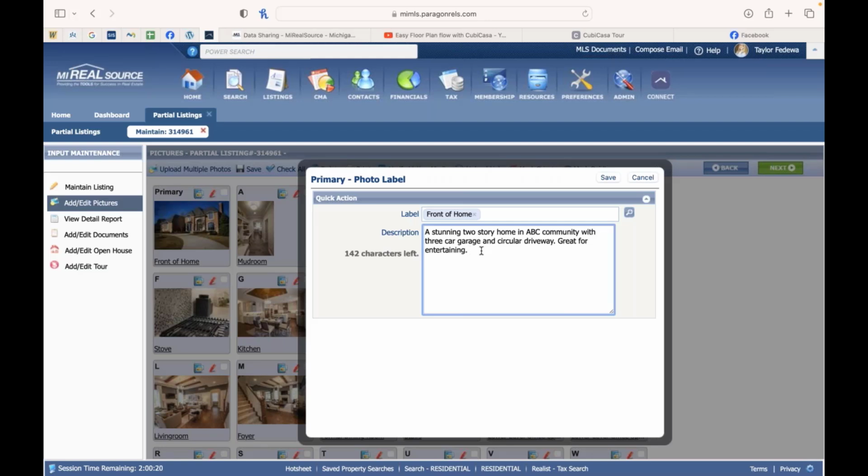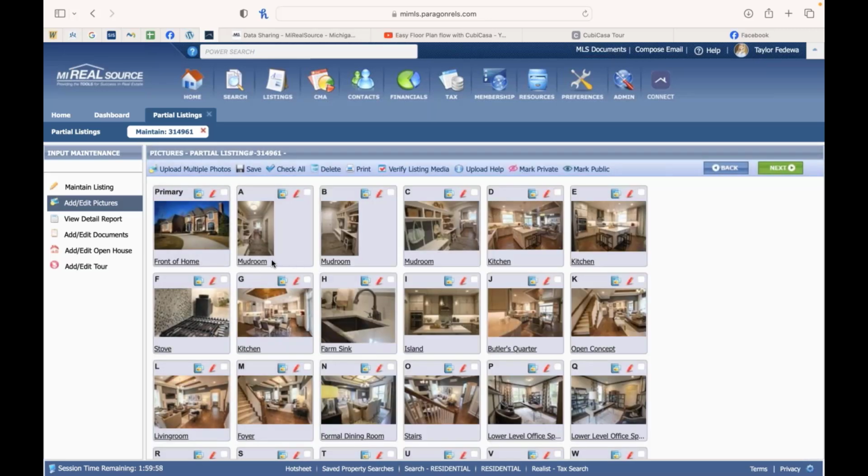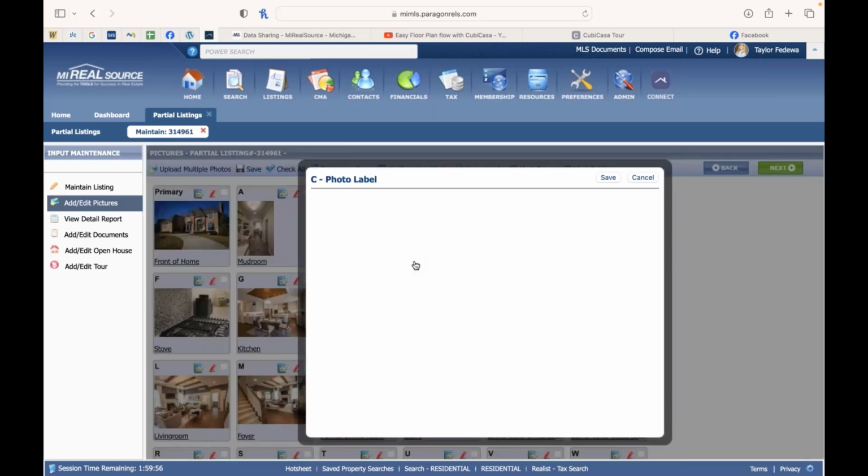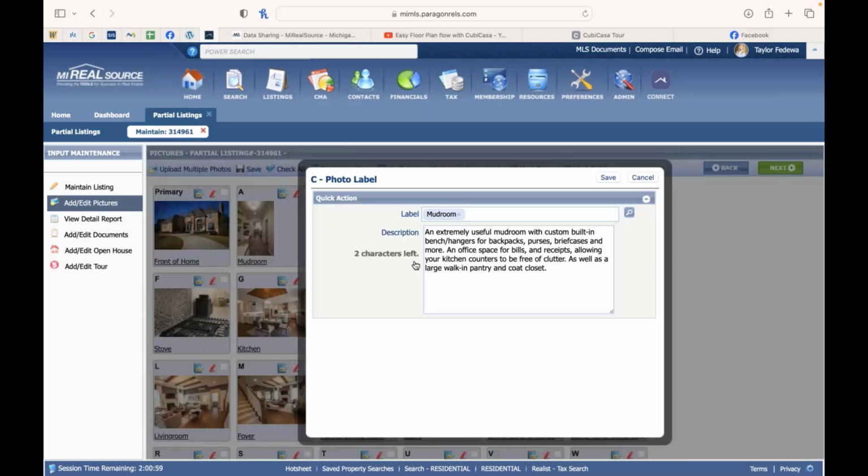So when they click on that, you're really highlighting those selling features, that experience of living in this home, just what you would say if you were pointing out things about the home to somebody. The circular driveway, this is a desired community, 3-car garage, great driveway for entertaining, just highlighting those kinds of things about the home in each photo, because that's going to be the first thing they look at, as